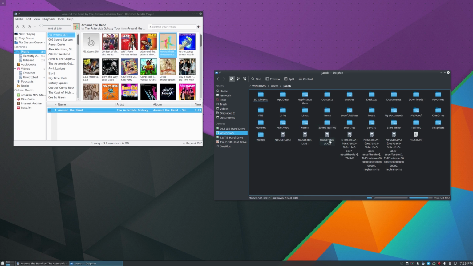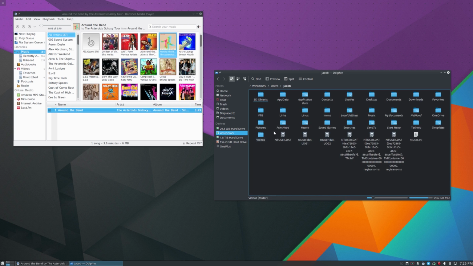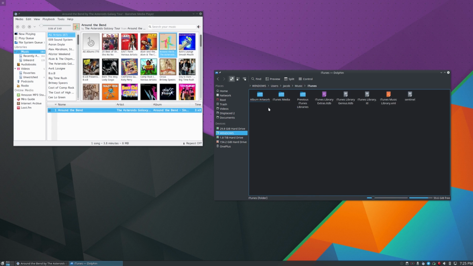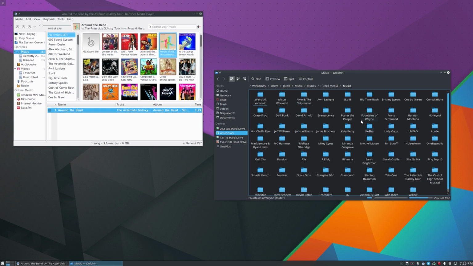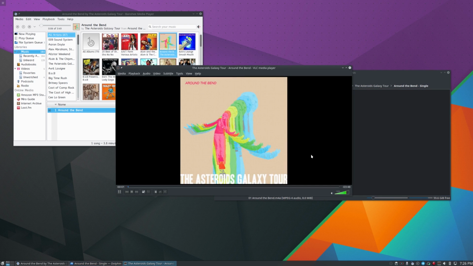If we go into my Windows partition, now you can tell I cannot boot into this Windows partition because the C/Windows folder is missing. I deleted it. So that's why I'm not booting into Windows to do this video. But if we go into my user files and music and iTunes Media, and music. Alright. So if we go into the Asteroids Galaxy Tour Around the Bend and we open up this M4A file,